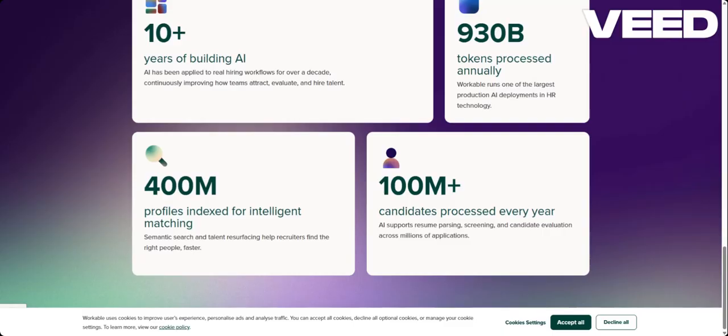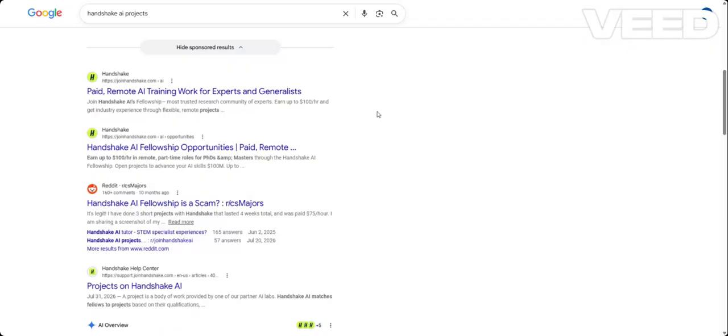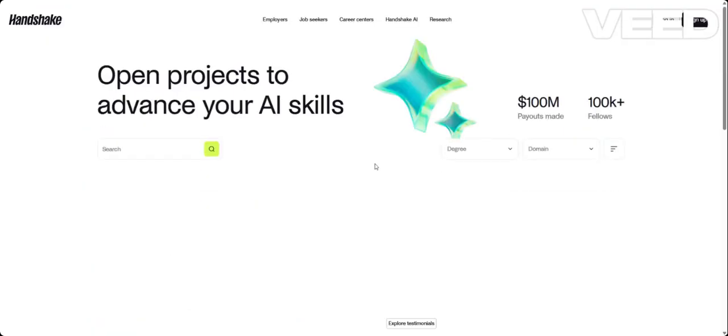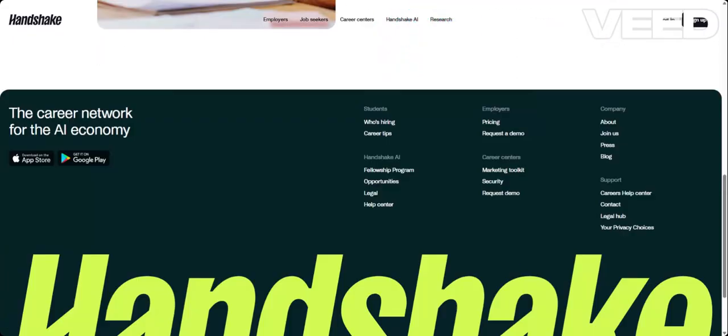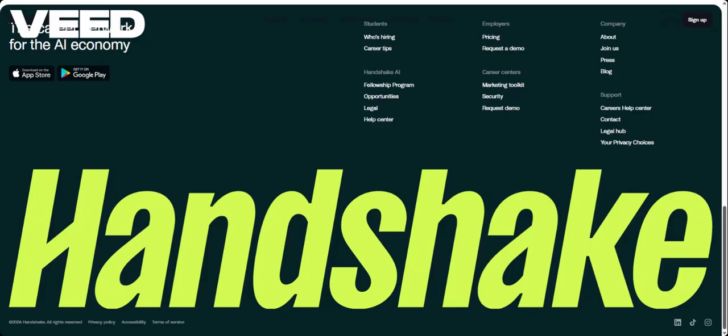Once the invitation has opened, you simply follow the prompts to the application. Let me go back and search for it. You see, I don't want to show you the screen for the student because Handshake may close the account. So these are the projects that are available. You may browse for the projects from this page in here. So I'll basically sign up. Let me just talk about what you will be doing in this project.